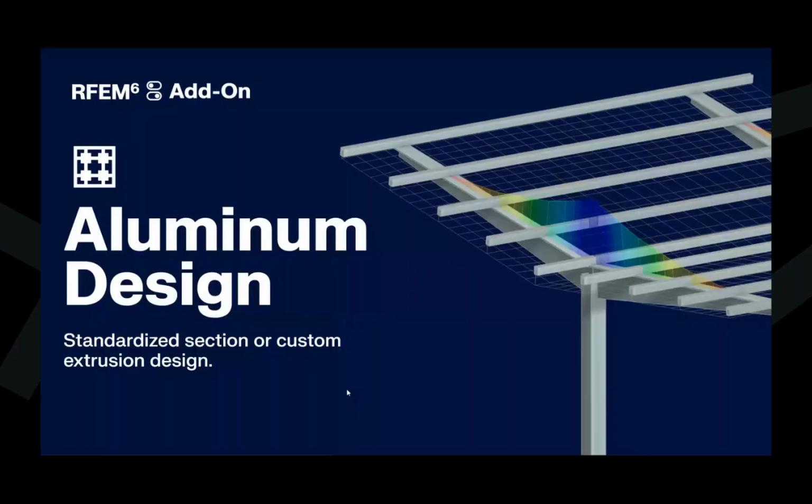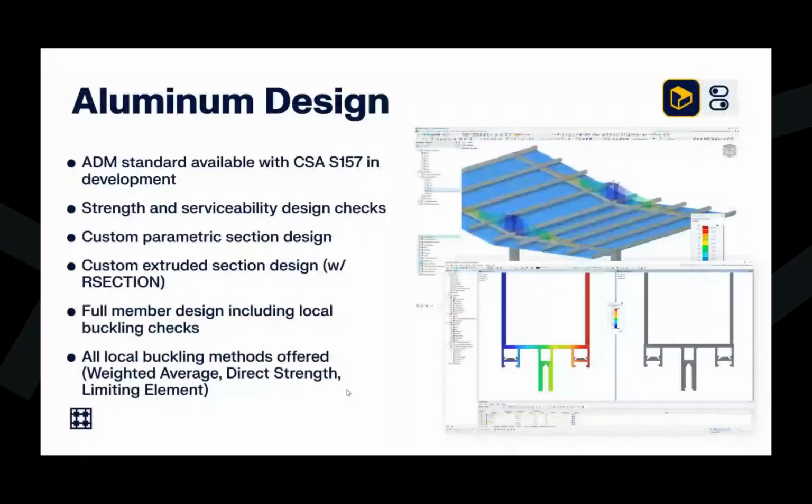Aluminum design is also possible in the program. So we can carry out the member design, not only of those standard sections, but custom extrusions is a very big topic when it comes to aluminum. So we currently have the ADM standard available and have for quite some time. We're also in works as we speak with the CSA S157. So we want to release that within the coming months as well for full member design according to the Canadian